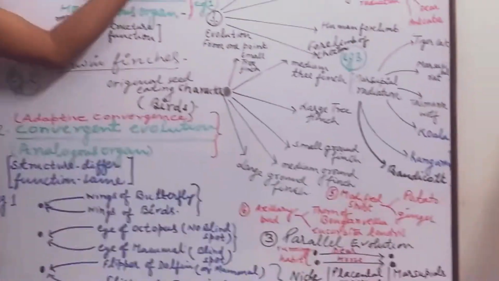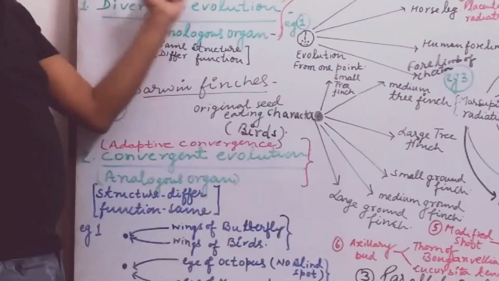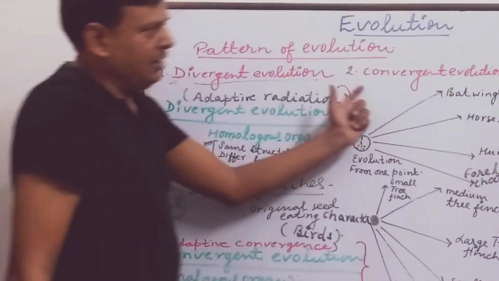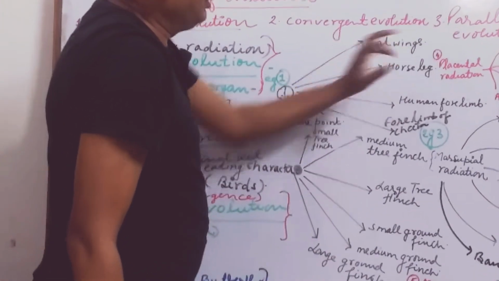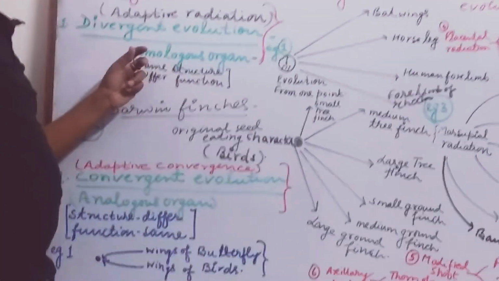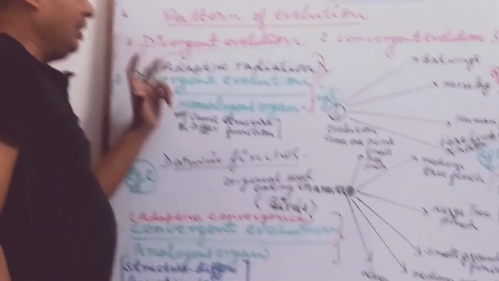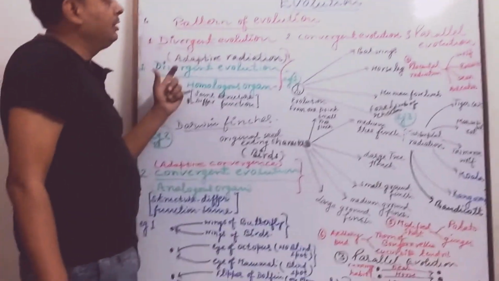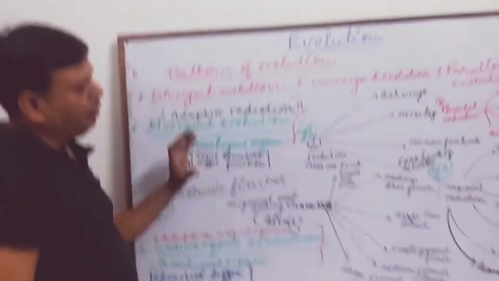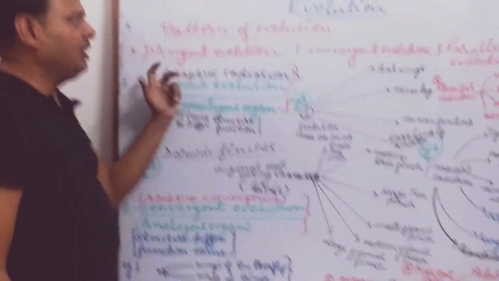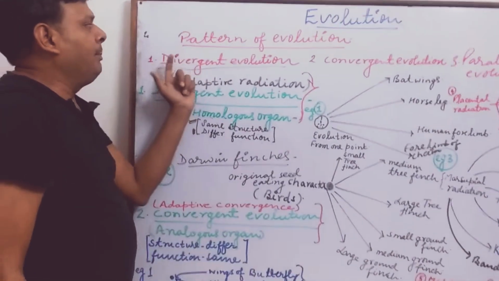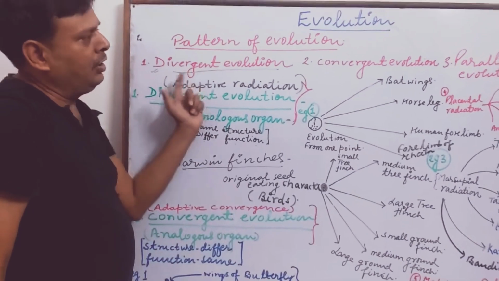So today we discussed the different patterns of evolution in the topic of evolution, that is divergent evolution, convergent evolution and parallel evolution. Different types of MCQ questions and options are given in different competitive exams to confuse the students. So if your concept is clear, you will clearly attempt the questions on the different patterns of evolution and won't have any type of confusion.